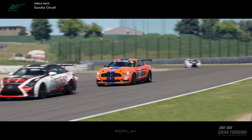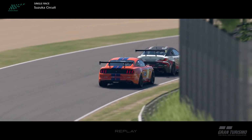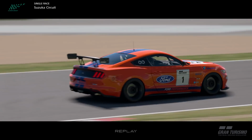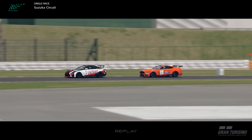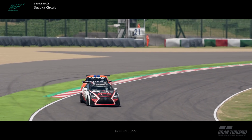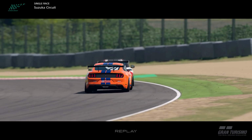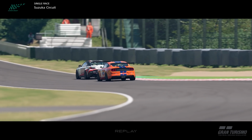So again, the advantage of the Mustang is its top speed is a little bit stronger than the other cars, so when you do get in the slipstream, you can actually have more of an opportunity to go for a move. So I have a little look down the left there, brake early though, to see if we can trick this driver into the same thing that happened to the other driver in the previous race, but no, he doesn't fall for that. He keeps his line perfect,